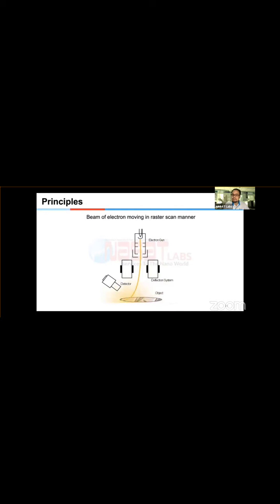Now, when the electron beam hits the surface of your sample, the sample will interact with it and will generate different types of signals. Those different types of signals contain important information about the specimen. And in order to take or analyze that information, a detector must be attached to the SEM itself. So there are different detectors. It can be detectors for simple imaging, like secondary electrons or backscatter electron detector, or it can be an X-ray